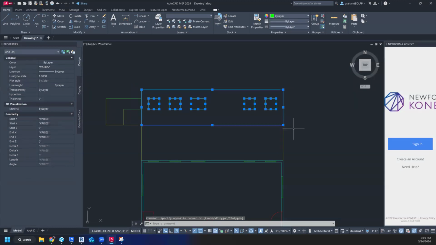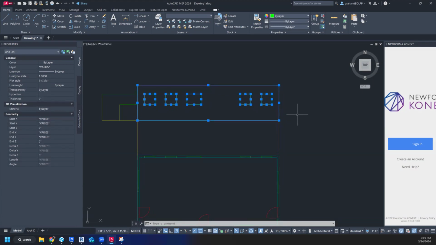Typically, I always use a left to right selection. Very few times do I use the right to left to just grab something, okay? And what we want to do now is just mirror this. Okay, so now that it's selected, I can type in mirror